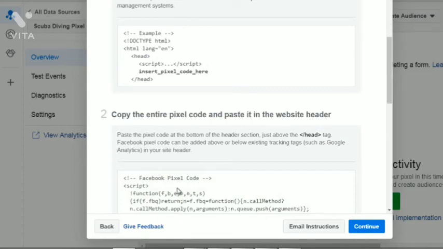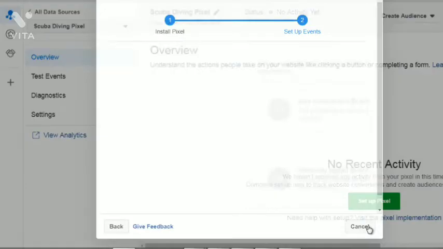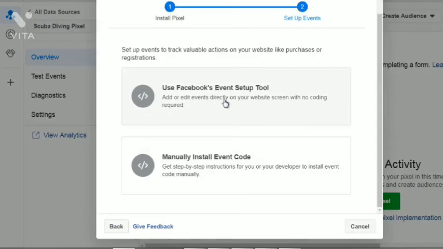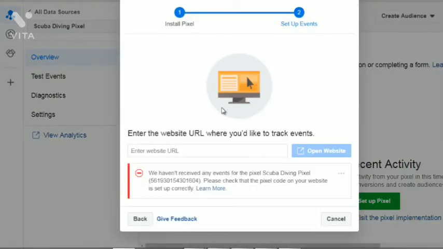Now, Facebook has what we call events. And events are basically parts of your funnel. You can tell it, okay, if somebody lands on your first page, you can call it a lead. If somebody fills in their email and their name to get perhaps a lead magnet or a freebie, you can send them to the next page, which could be the thank you page. So what events allow you to do is track everything through the funnel. But in order to get that to work, you need to insert the pixel into your HTML or your website page.